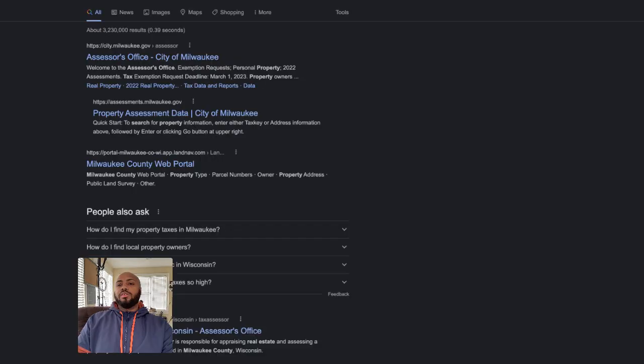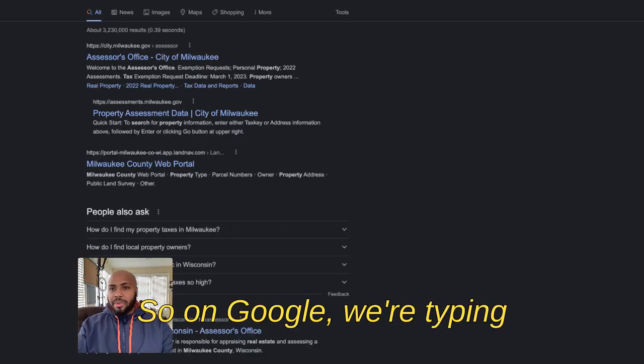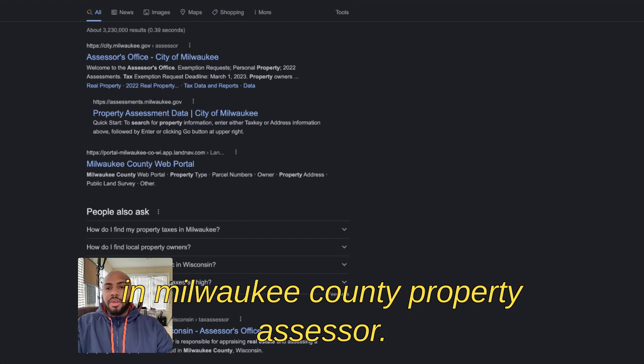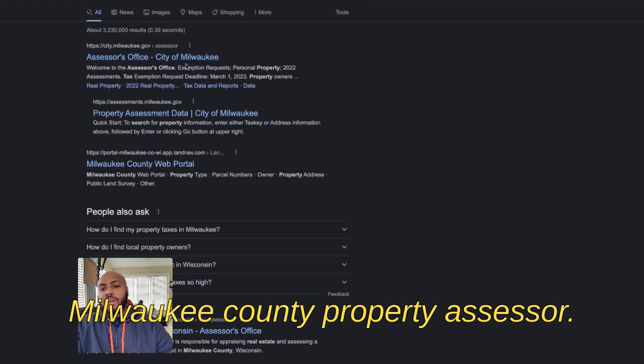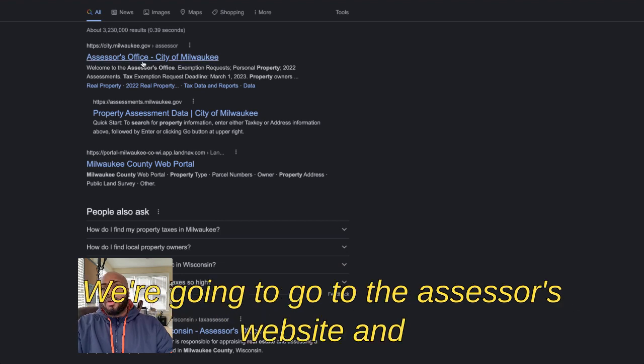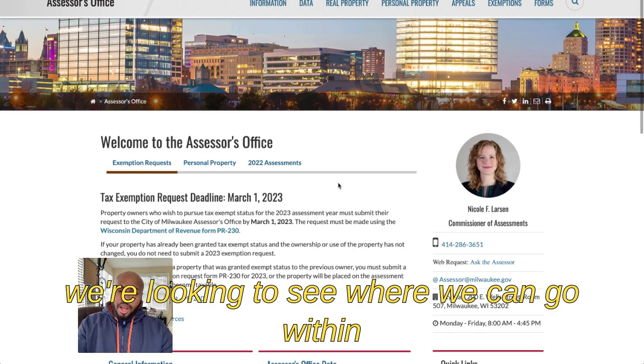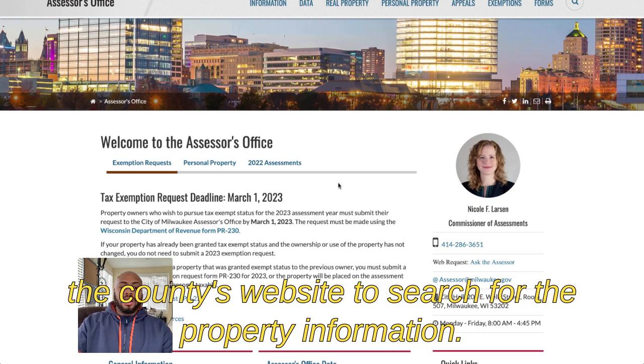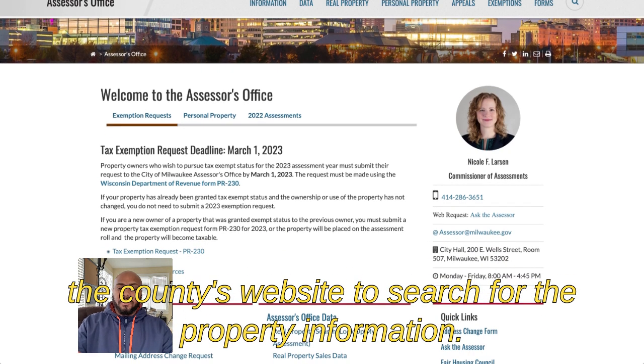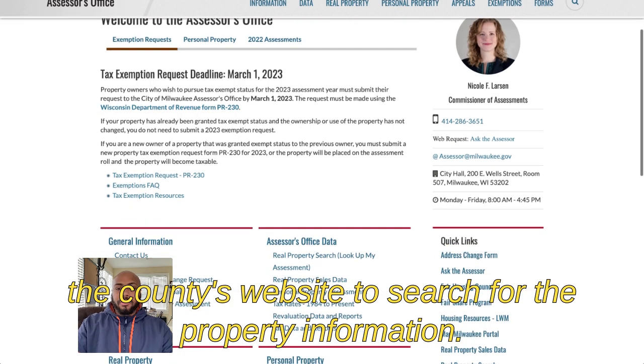Okay. So in Google, we're typing in Milwaukee County property assessor. Okay, Milwaukee County property assessor. We're going to go to the assessor's website, and we're looking to see where we can go within the county's website to search for the property information.